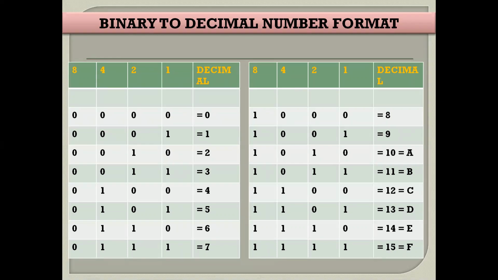0100 is 4. Now, if there is someone who does not understand this concept, I will repeat once again. See, according to the weightage we write at the top, we have to mention the number. Consider, for example, 0001. What is its value? Only this bit is 1, so its value is 1. Now consider this example: 1 means 2 plus 1, that is 3. Okay. Likewise, we have completed up to 9.